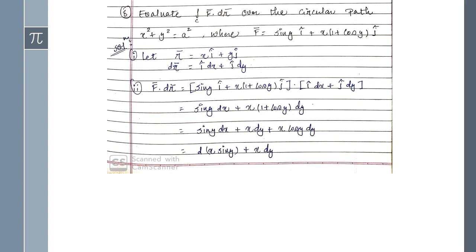Okay, now continue with the same procedure: in the first step you are going to write its position vector and then dr. So writing r bar, that will be xi plus yj. You can also write zk, but at the last it will be 0 only. Then dr will be i dx plus j dy. Okay, now in the second step you have to find f dot dr, so just putting these both the values and do the multiplication of these both functions, and you may get this term, right?